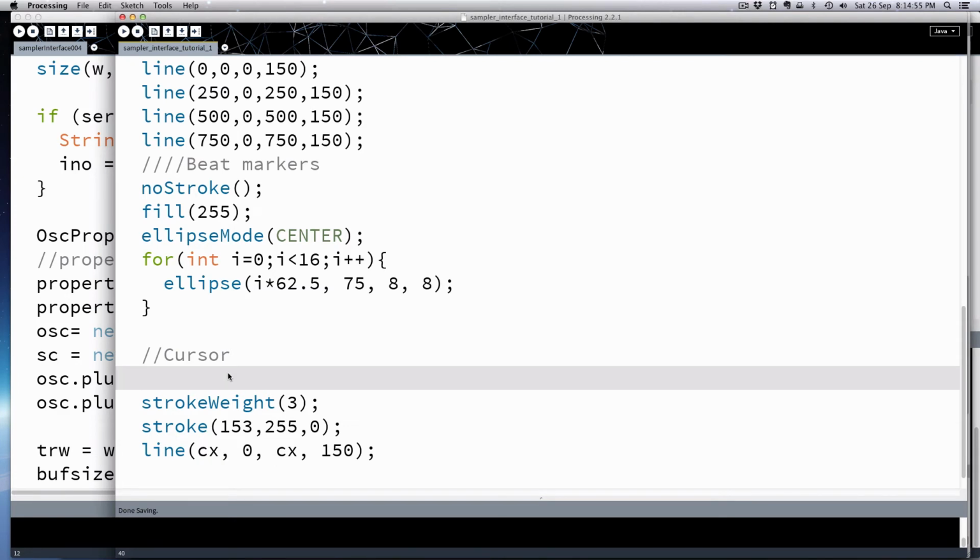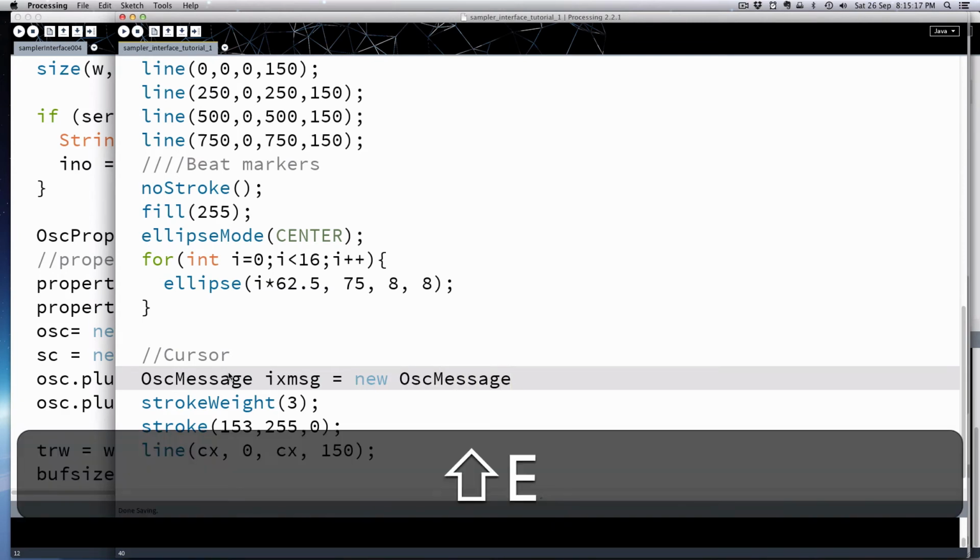So we're going to send an OSC message to SuperCollider, and if you remember how to do that, you go OSCMessage. We'll just create a variable OSCMessage. We'll call it MSG. We'll call it IXMSG. How about that? Okay, and we'll equal to a new OSCMessage, and its